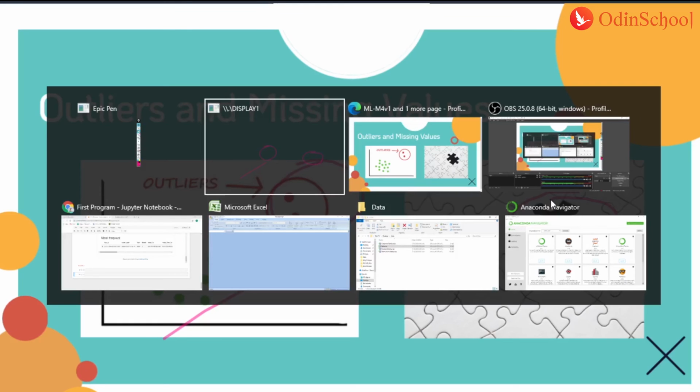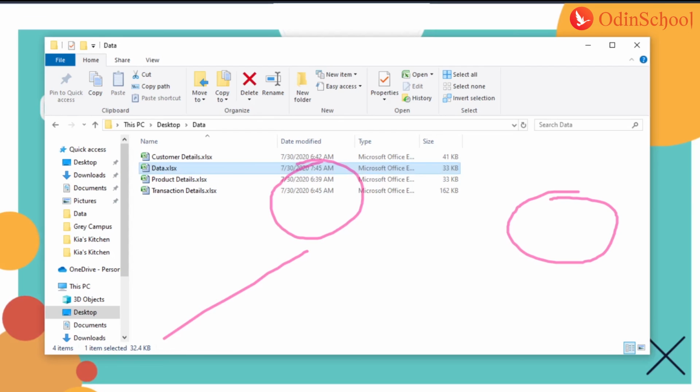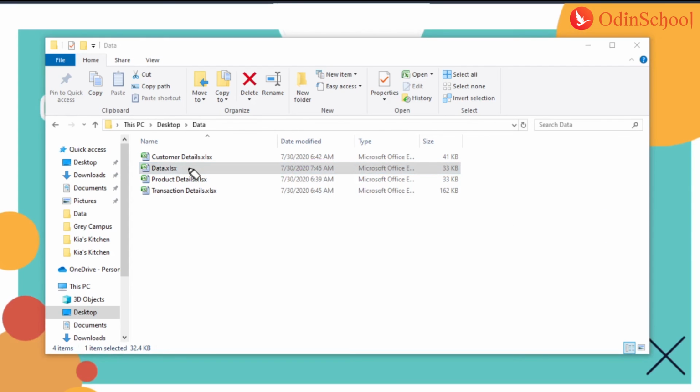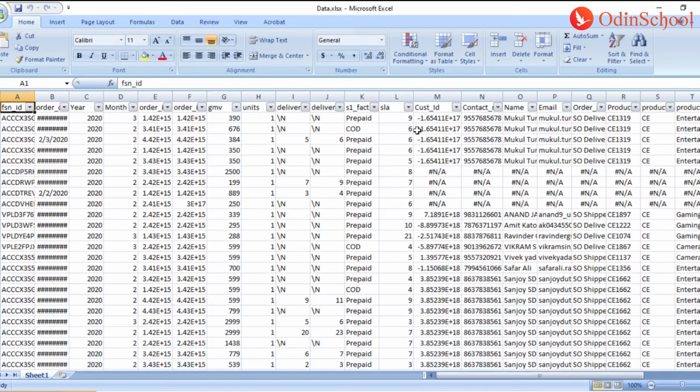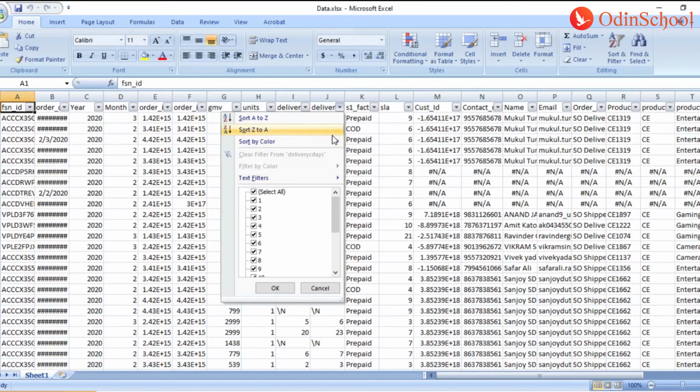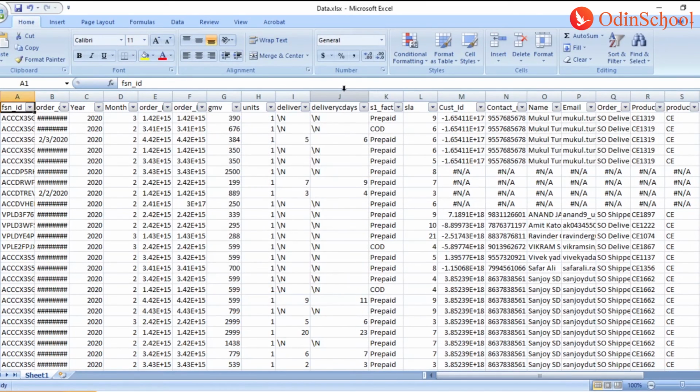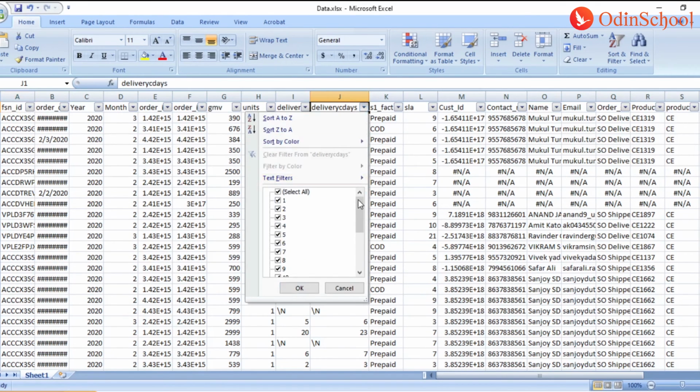Okay, let me show you. Come on, get back to your data. Let me open up this file for you and show you what an outlier and a missing value are. If you see, let's look at this column, delivery days. You can see most of the information is in numbers, whereas there is also a value which is coming as